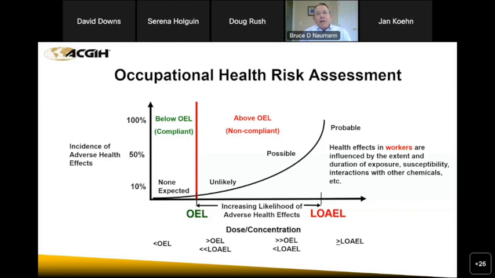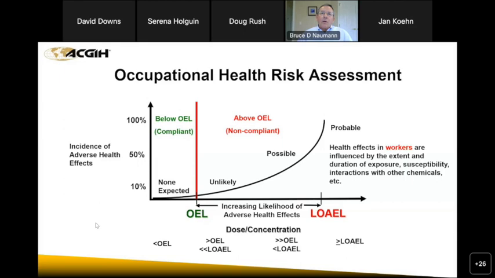And then as you move right, I'm not saying that you would definitely see health effects when you're above the OEL. The OEL's 1, and at 1.1, it's still highly unlikely that you're going to see any health effects. And as you move up toward the critical end, the point of departure that was used, the low L, now the likelihood of adverse health effects is going up. So you could say, well, it's possible. And if you're above the low L, where you actually saw effects in animals or maybe human studies, then it's pretty easy to say that it's quite probable that you would expect to see adverse health effects.